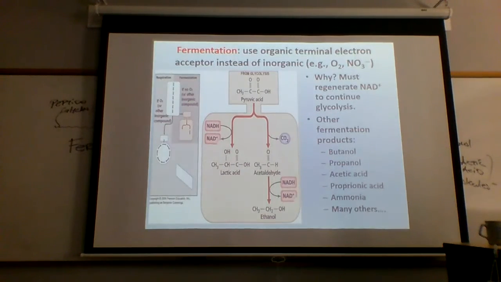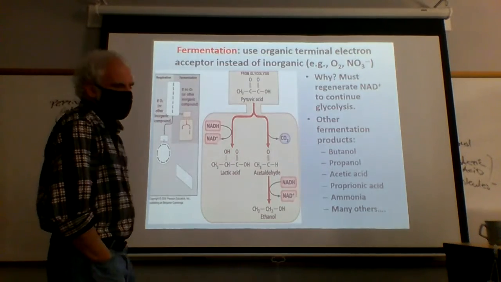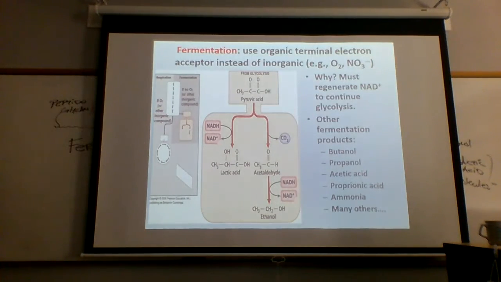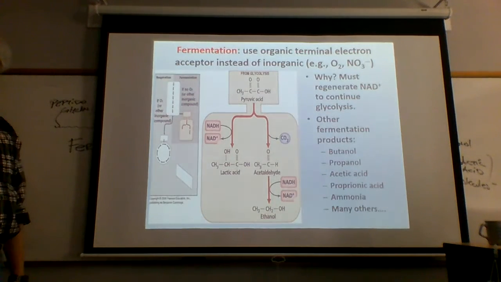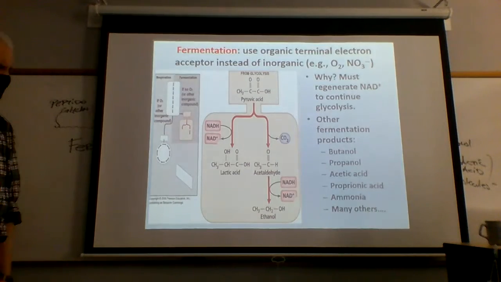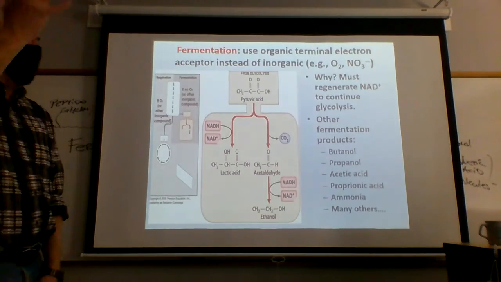And you generate then a range of different products. And that's the nice thing about human biology. In fact, in eukaryotes, you either are generating lactic acid, which is what all animals do, or you're generating carbon dioxide and ethanol, which is what plants do, and yeast and fungi. But that's it. With bacteria, of course, a bazillion different products. Everything: butanol, propanol, acetic acid, propionic acid, which smells a little bit like somebody threw up. Ammonia, lots of different things are generated by a range of different bacteria.